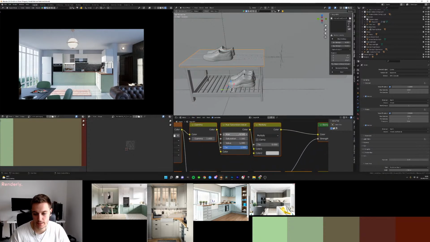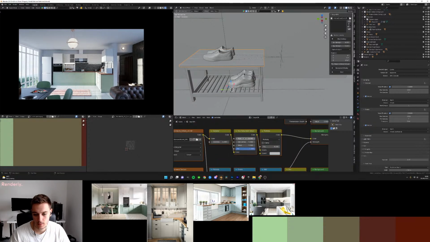A good way to do that is to go into here, hue, turn up to the, or actually we can go here, go color, tint orange, and factor 1, and see it completely